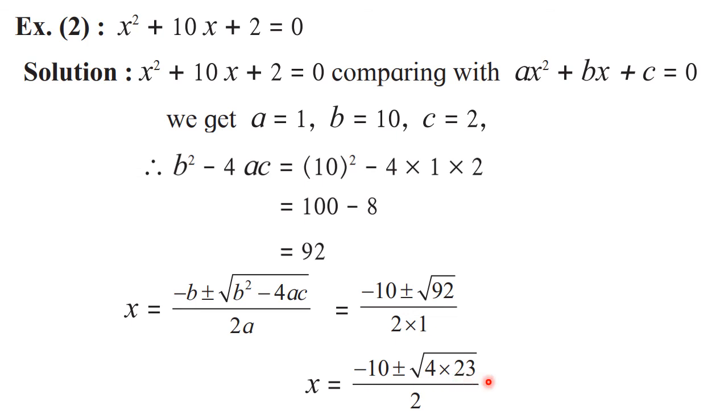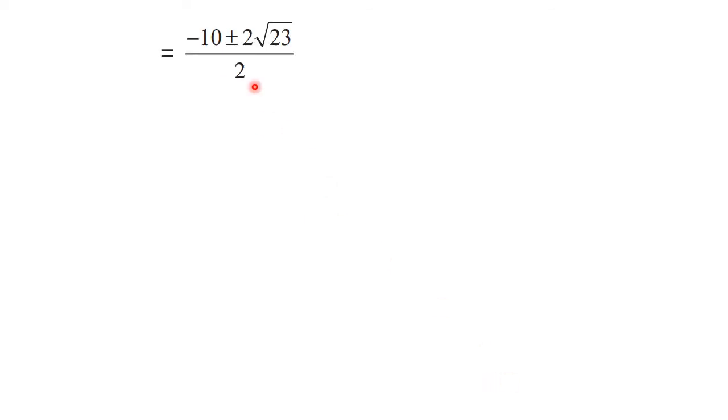So you have to recall your knowledge from 9th standard where we have studied the surds. That means this is a pure surd which we have to express as a mixed surd. Okay. So this root 92 you are going to write as 4 into 23, and 4 is a perfect square, so 4 will come out as 2. So it is going to become 2 root 23. Okay. So in next step now, see, minus 10 as it is, plus or minus as it is, 2 root 23. That 4 came out as 2 because 4 is a perfect square of 2. And in the denominator we have 2.